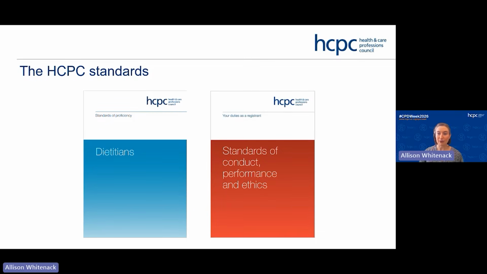And you'll see that I have pictures of both of these standards here, and I have the example from the dietitian's standards of proficiency on the screen. So the standards of proficiency are the threshold or entry-level standards that we consider necessary to protect the public. These are the expectations that we have of our registrants' knowledge and abilities for when they start practicing. And once on the register, the standards of proficiency offer flexibility in that as registrants continue on in their practice, they must continue to meet the standards of proficiency that are relevant to their scope of practice.